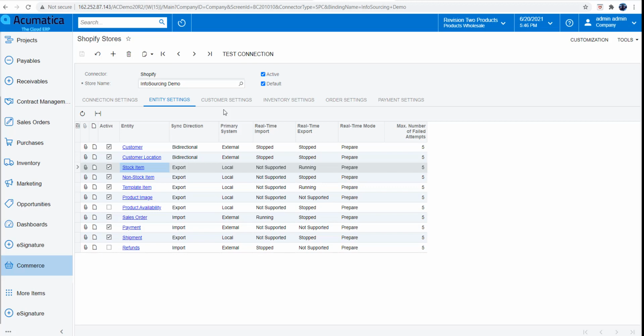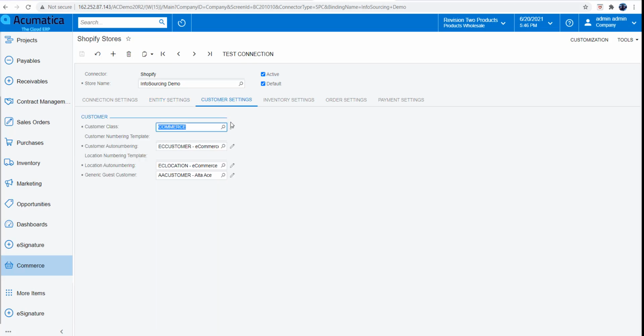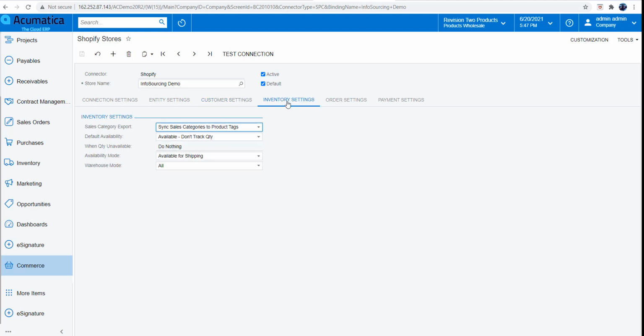Let's take a look at some of the other tabs that are there once you establish the entity settings. Then you may want to go into customer settings. Obviously, we are importing the customer from Shopify site into Acumatica. So based on Acumatica's customer class, auto numbering, location, all of the information has to be created and configured in Acumatica ahead of time to be able to assign those customer and inventory settings, as well as the order settings